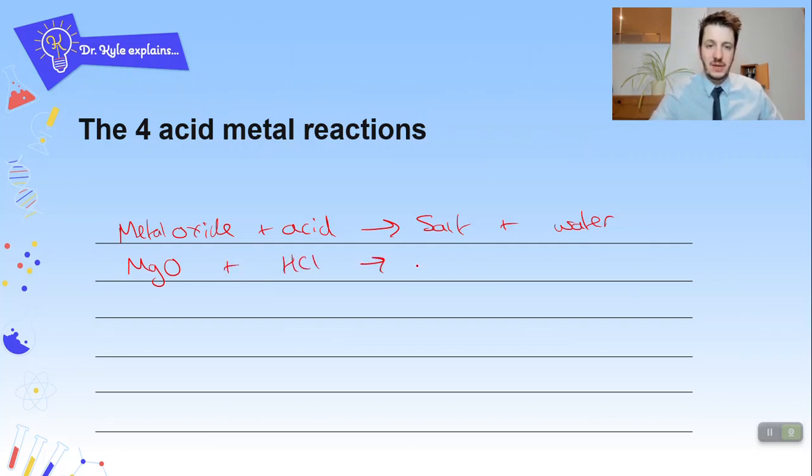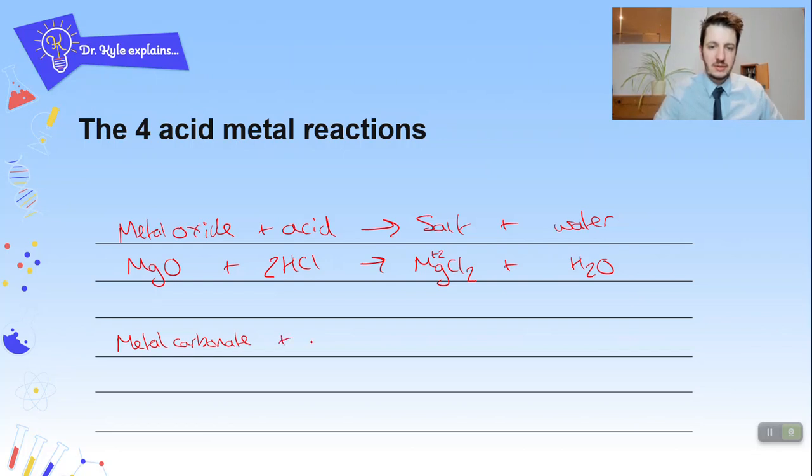That's going to give MgCl2, because magnesium's in group 2, so it's plus 2, and then chlorine's minus 1, so you need 2 of them, plus H2O, and then we're going to put a 2 there to balance that up. Okay. Finally, last one we're going to do is a metal carbonate